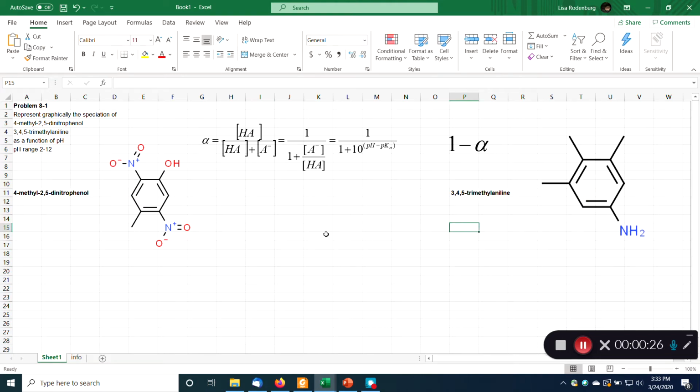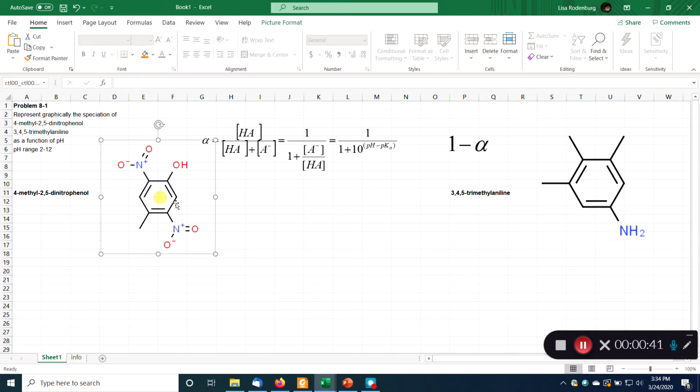If you look at the textbook, there's also a third chemical that it asks you to work on in this particular problem, but it's very complicated. It's got 3 exchangeable protons, and it's just cruel, so I'm not going to ask you to do that. We're just going to do these 2 chemicals right here. So let's first start with the